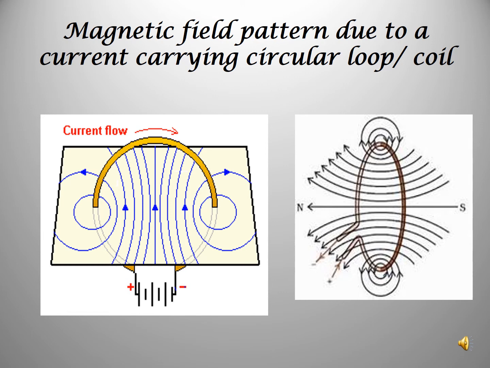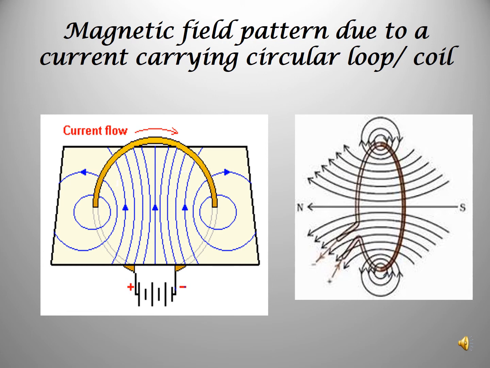Let me explain the figure. Look at the left hand side figure. The current is going in the upward direction on the left hand side of the coil. Put your right hand thumb up, and which way are the other fingers of the right hand curling? It's curling anti-clockwise. So the concentric circles will be anti-clockwise.